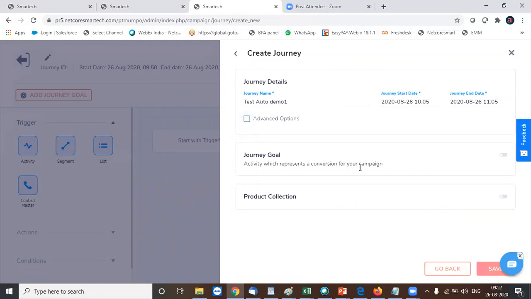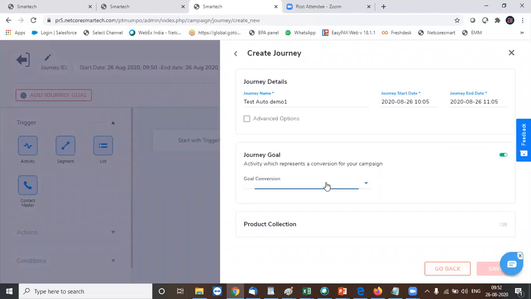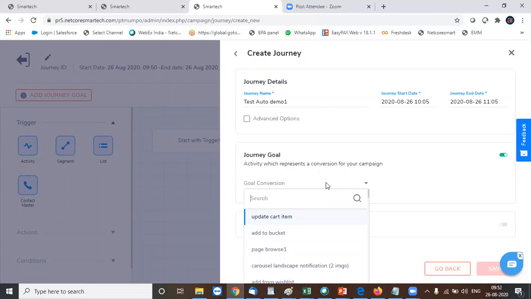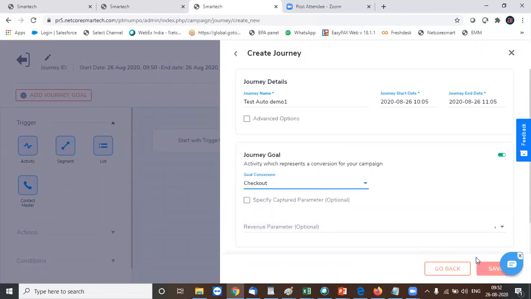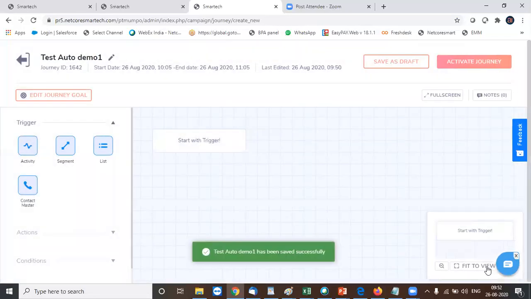And post this, you can select your journey goal. So basically every workflow has a goal to achieve, right? Maybe a conversion, maybe a checkout, maybe a registration, or maybe a video content watch, whatever. Whatever is a journey goal, you can define that over here. Of course, as I said, this will again need some integrations with your website. So I can select that goal activity over here, and I can then proceed ahead to develop my workflow. So whenever this goal activity is met for a customer, the workflow would end for that customer.